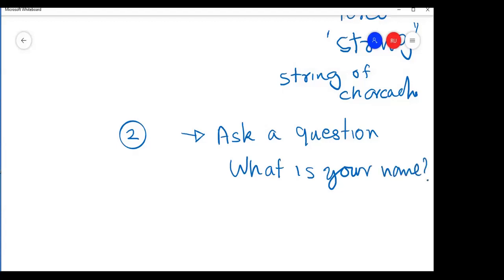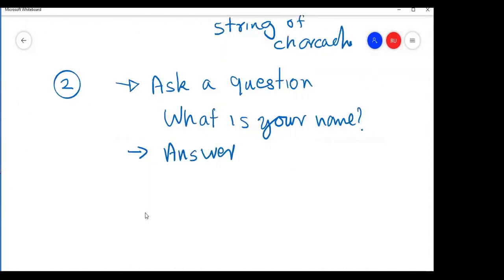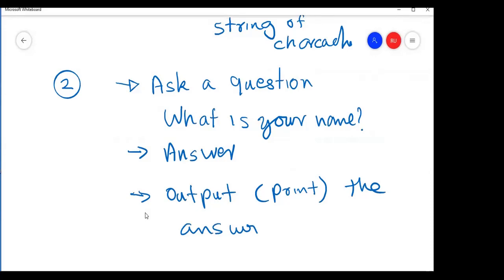When you ask a question, you need an answer. And after that, you want to print the answer, or output the answer. Okay, so how do you do it in Scratch?